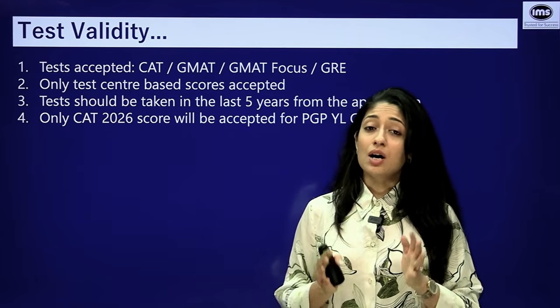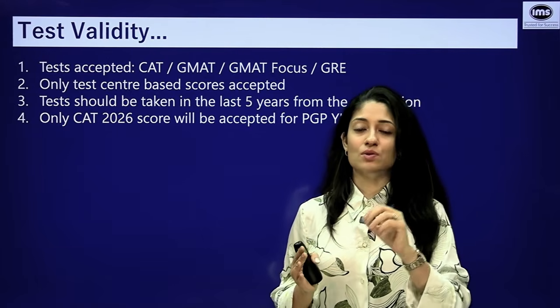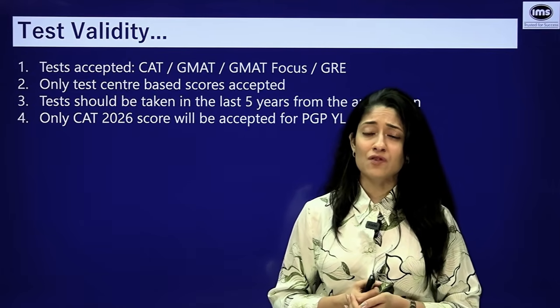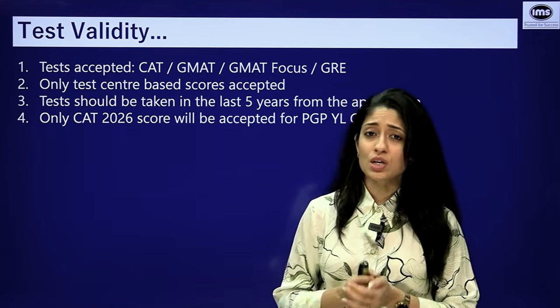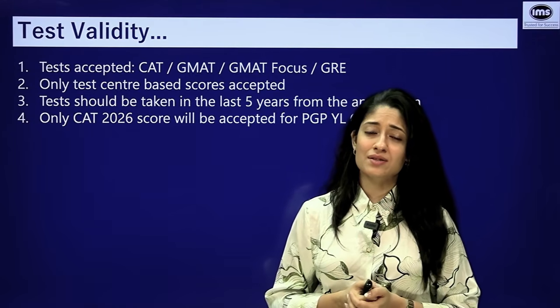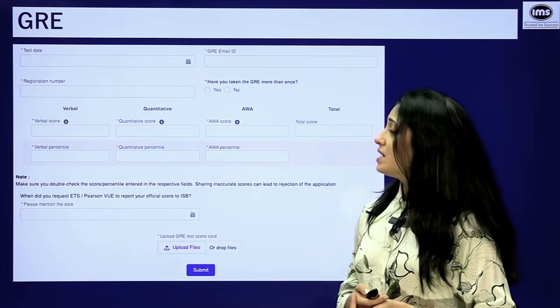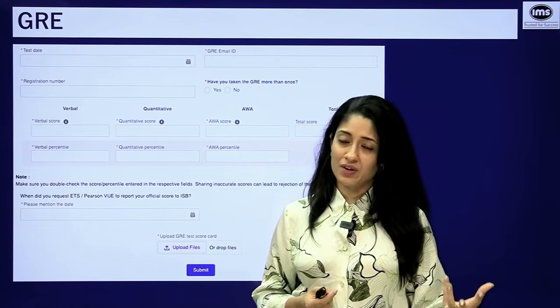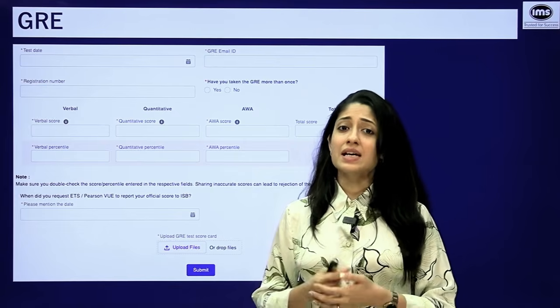For CAT, only the latest CAT score will be considered valid. So, for example, if I am applying for a 27-29 cohort, only CAT 2026 scores will be accepted. So, when you select on these various exam scores or your preferred exam scores to be taken, this is how